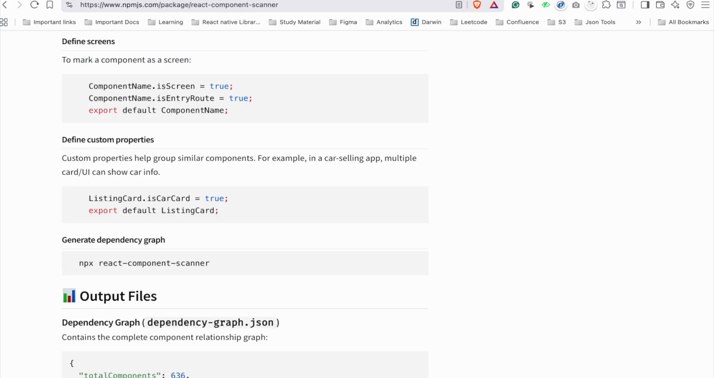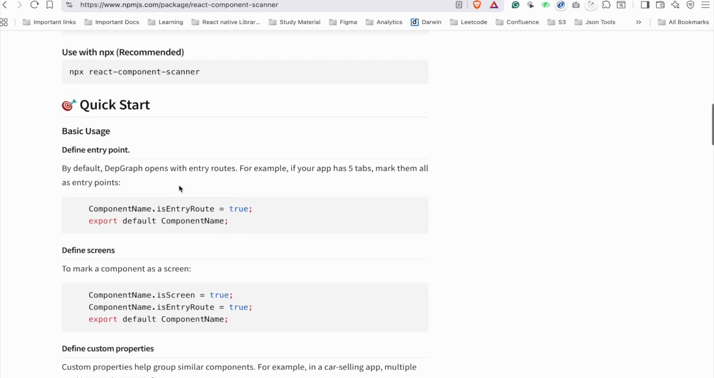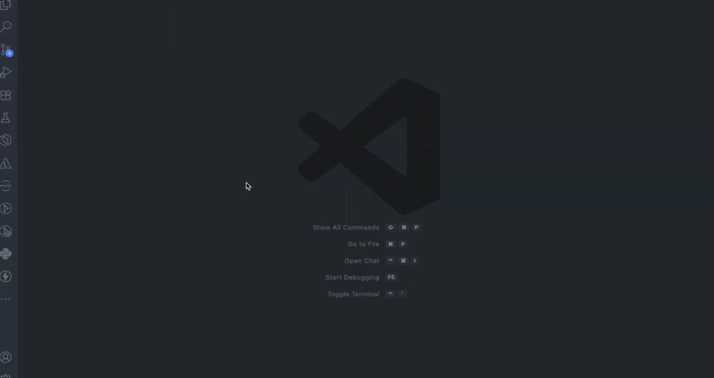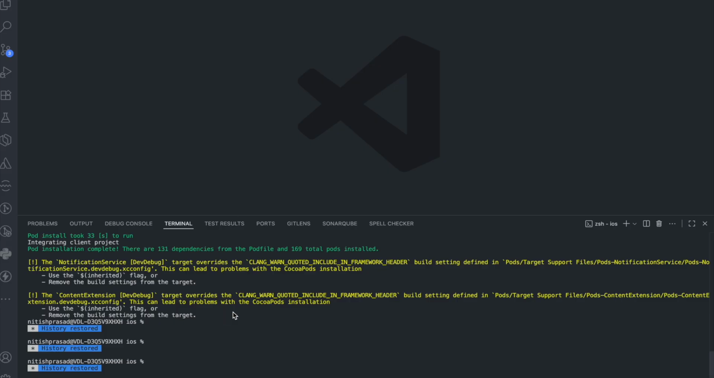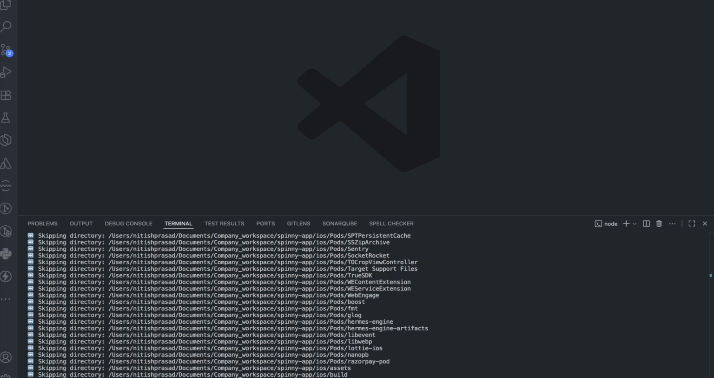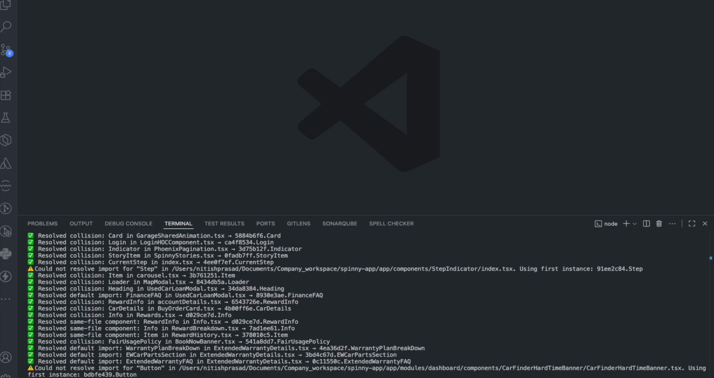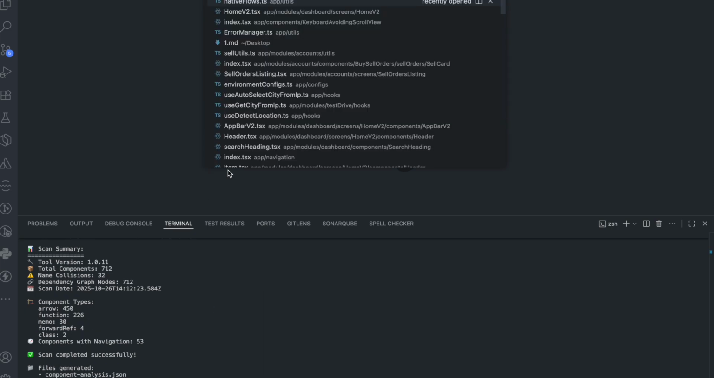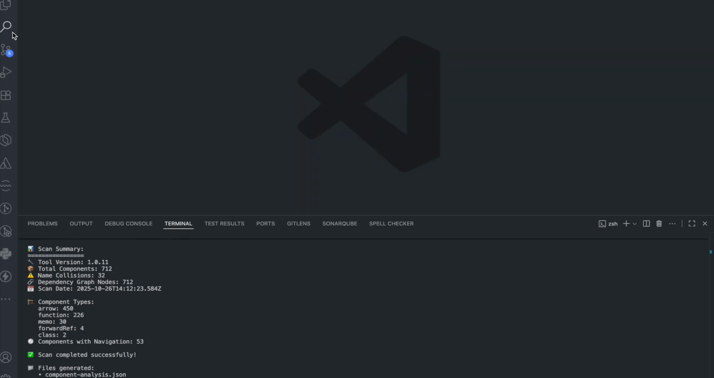The first thing we need to do is generate the graph. For that, we'll use another library called React Component Scanner. Let's try to run the scanner without any modifications to our project. After running the command, we get a